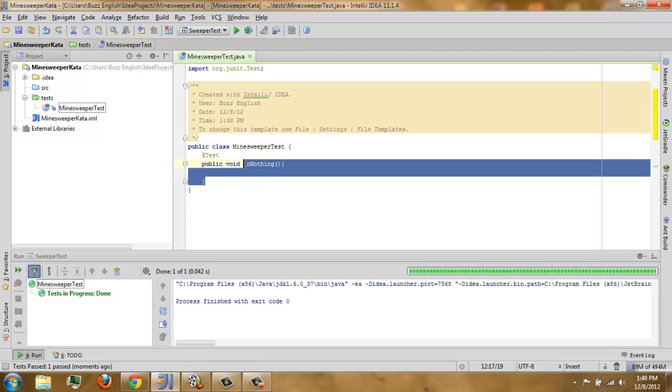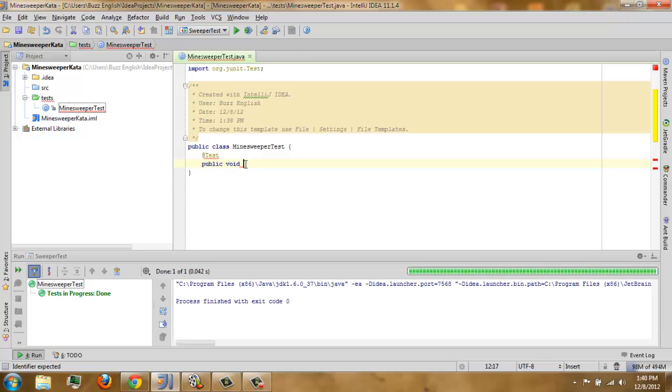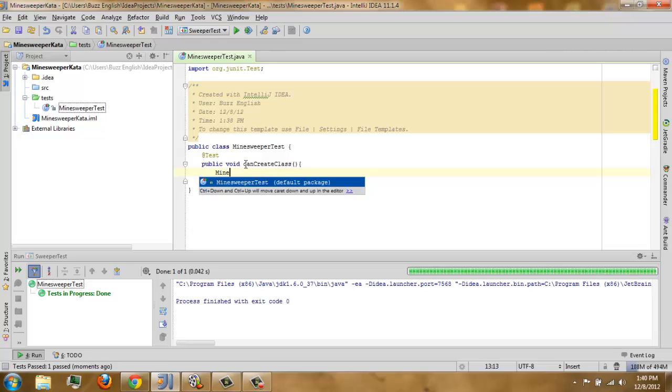Next we're going to create a method called canCreateClass, so that we will know that our class does exist. So our class will be Minesweeper.